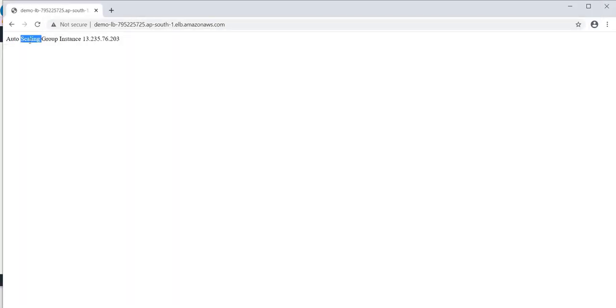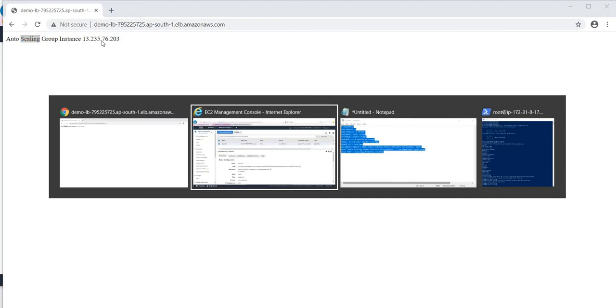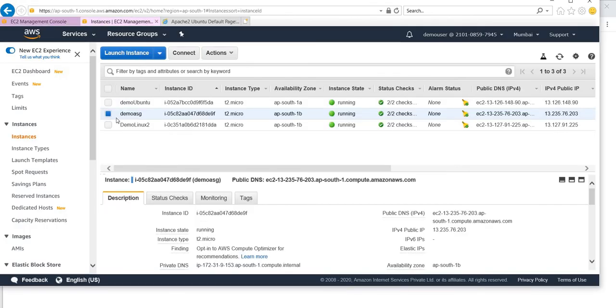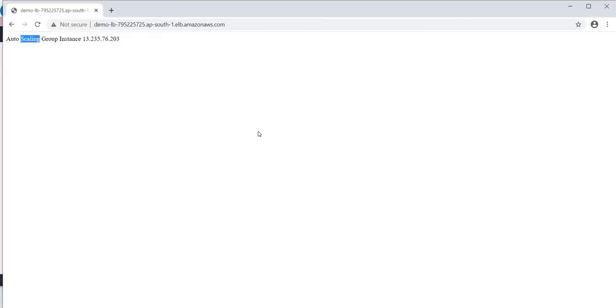So this is auto scaling group. If you can see, the first response I'm getting is from the auto scaling group instance, and this is the IP address 13.235.76.203, which you can cross verify here. If I go here, 13.235.76.203, which means the newly created instance got created as part of the auto scaling group, and that is contributing to the load balancer, right?